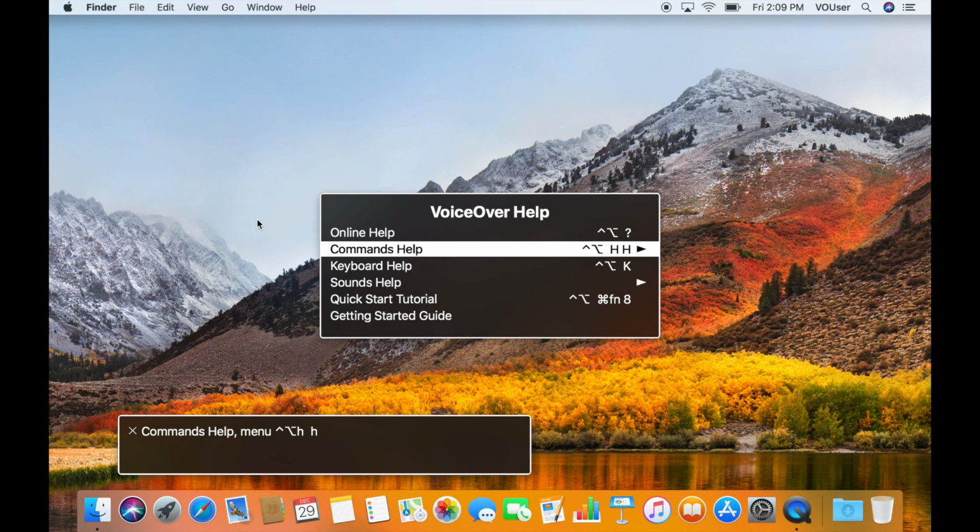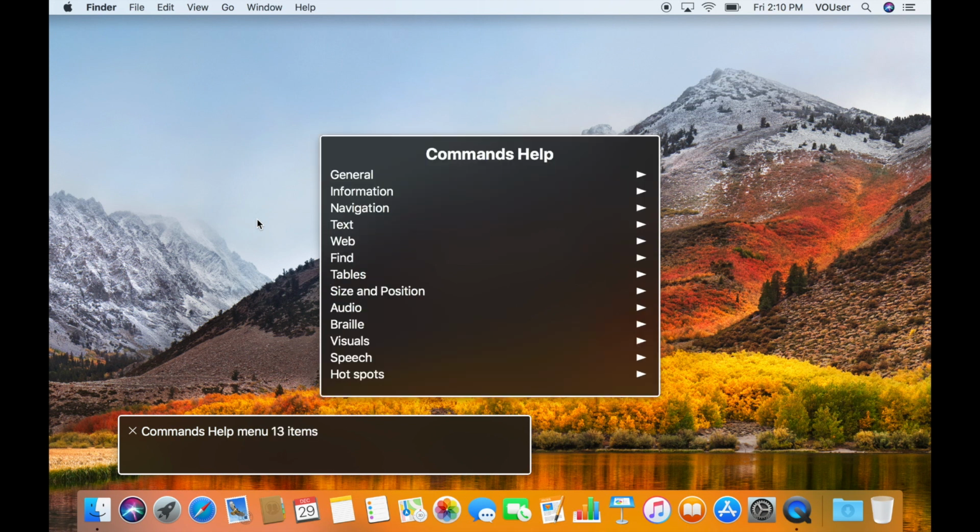Keep in mind that each individual application can have its own set of keyboard commands specific to it. You will find those keyboard commands in the menu bar, so you will only find VoiceOver-specific commands in the VoiceOver Help Commands Help menu. When you select Commands Help menu 13 items, you'll be in a sub-menu of the VoiceOver Help menu. You can navigate using the up and down arrow keys, and you can make selections with the space or the